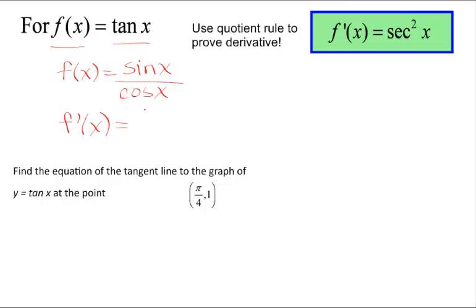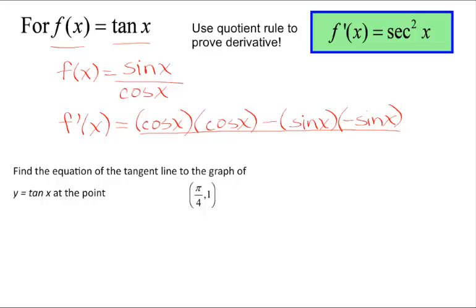So the quotient rule: bottom, d top. The derivative of positive sine is positive cosine. Bottom d top minus top d bottom. The derivative of positive cosine is negative sine, all over bottom